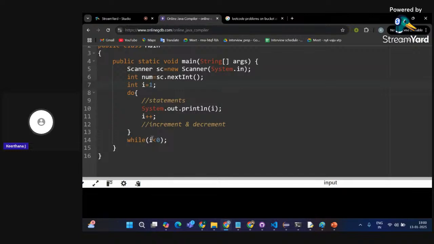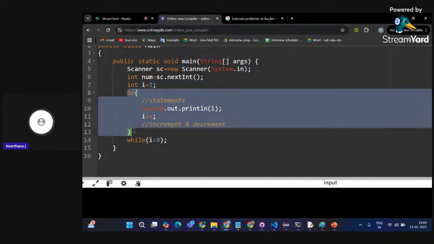In the while condition, I'm giving while I is less than 0. Actually here I value is 1 only, right? 1 is less than 0. Here itself the condition fails, so this statement must not be getting executed, right? But it is getting executed. Because the do while loop first executes the block present in the do part for the very first time without even checking the condition.